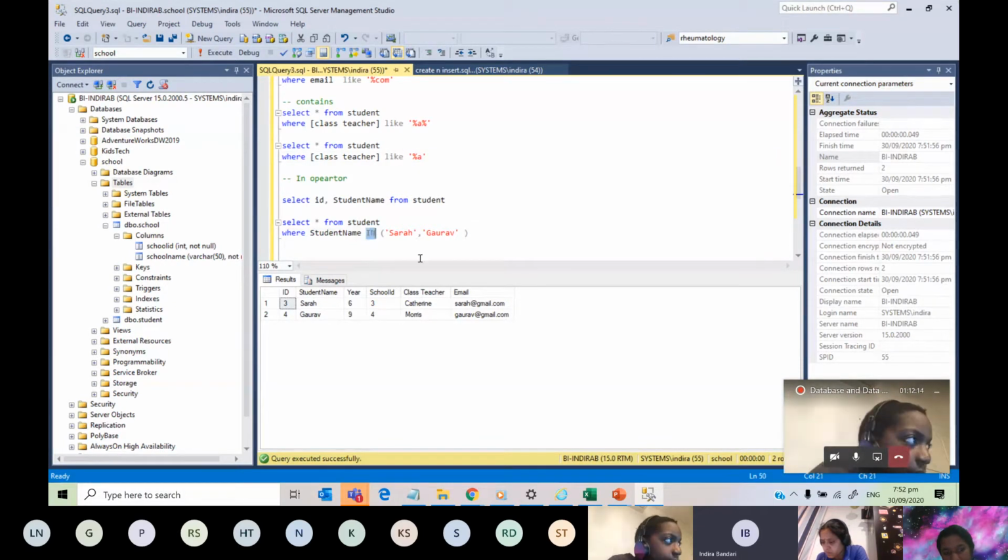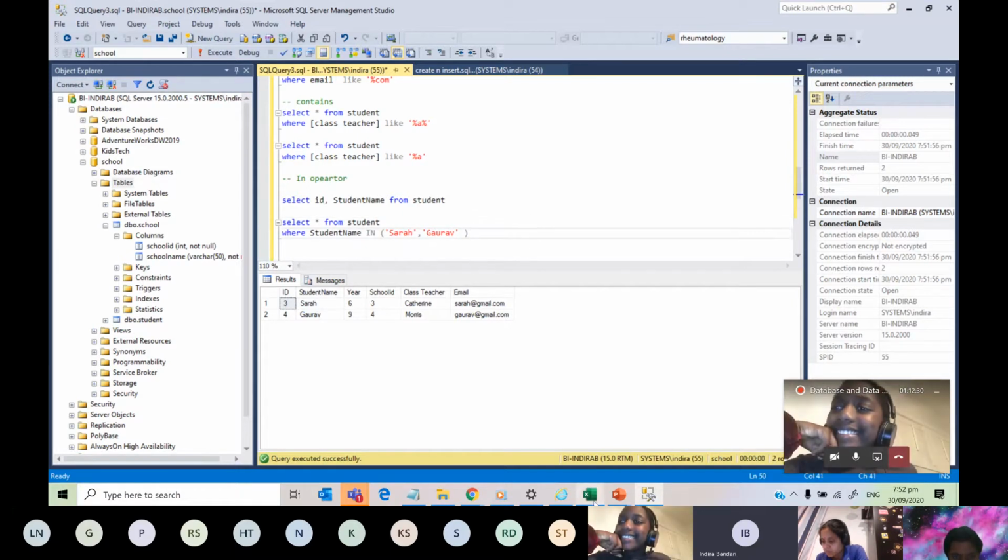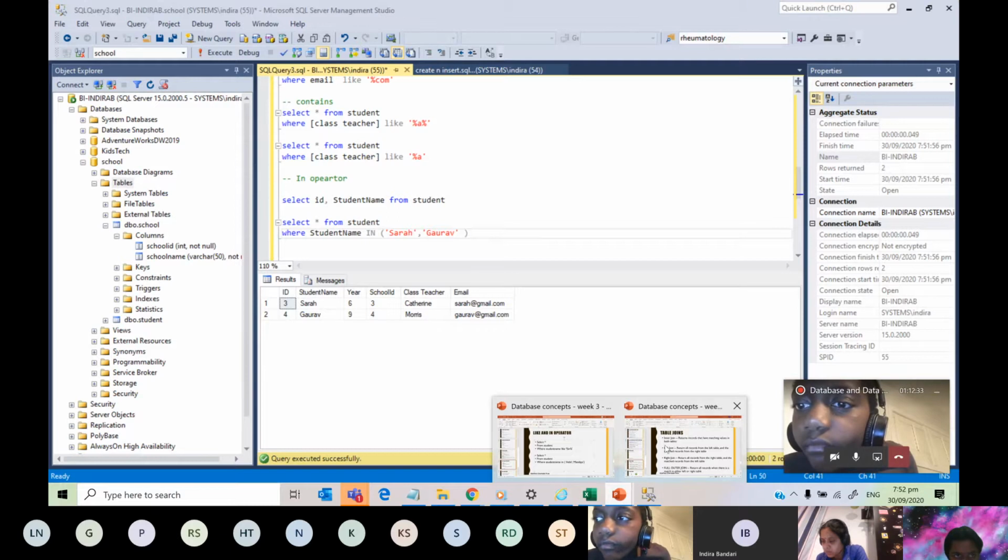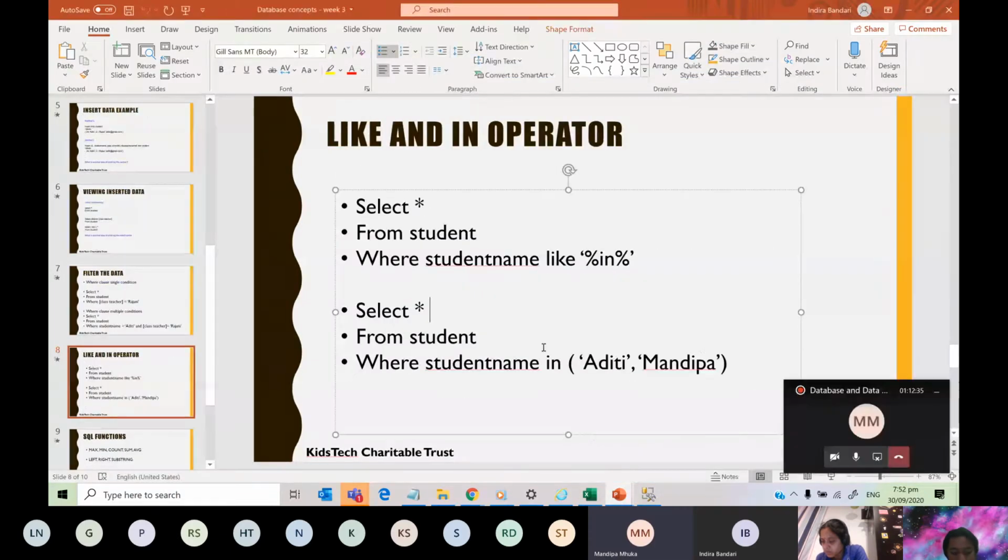In is used when you know the exact value. That is the difference. Okay. Understood? So any questions between like and in operators? Okay, so like and in operators are done.